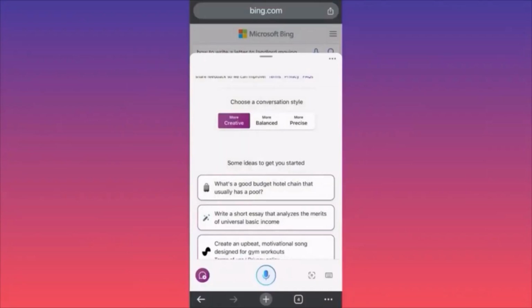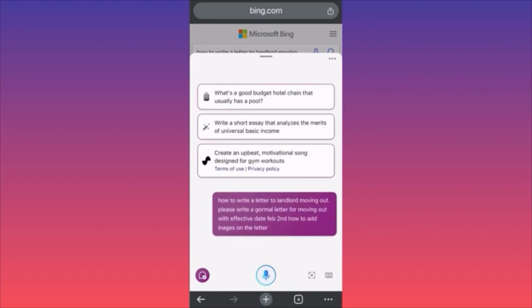Hi guys, in today's video I'm going to show you how to use Copilot AI from Microsoft. In this particular example, guys, we're going to use the creative mode over here in the settings, which will help us to start a business. In the first example that we're going to go over here, guys, we're going to ask